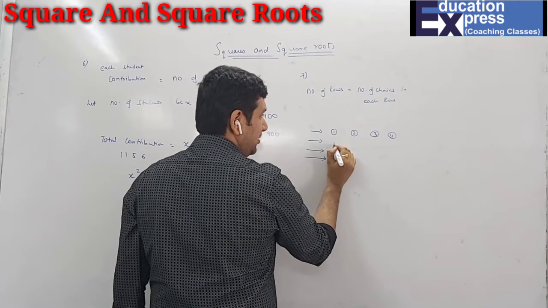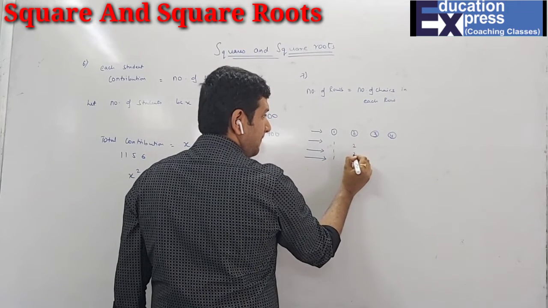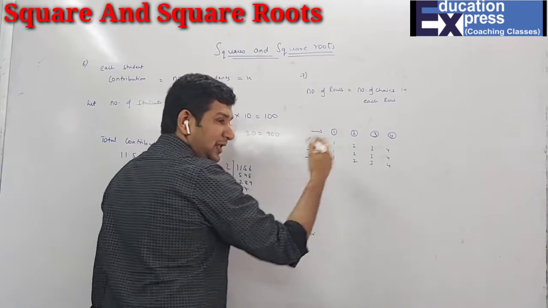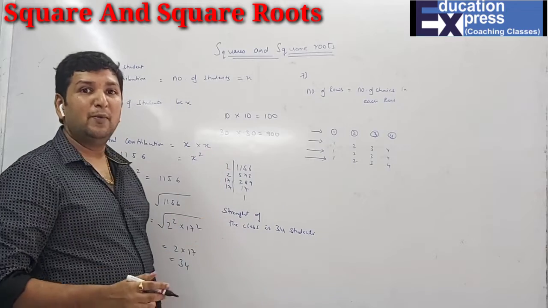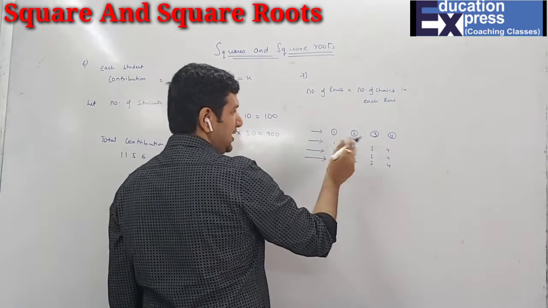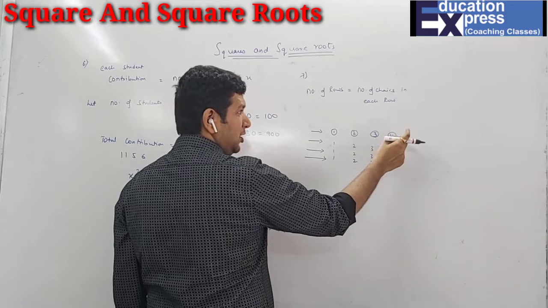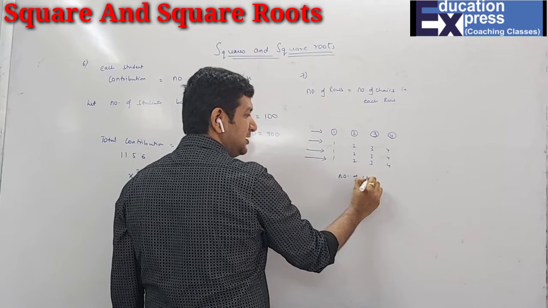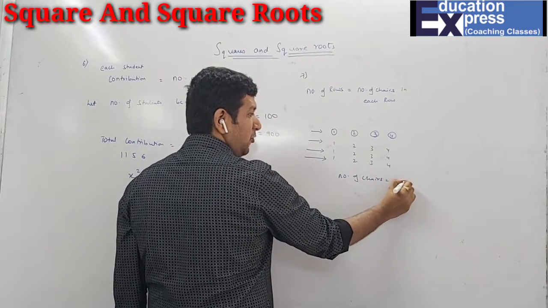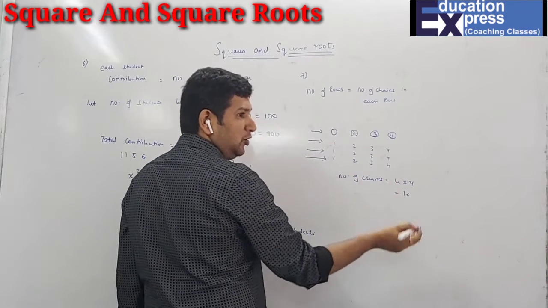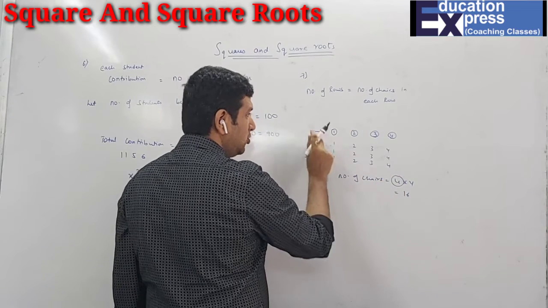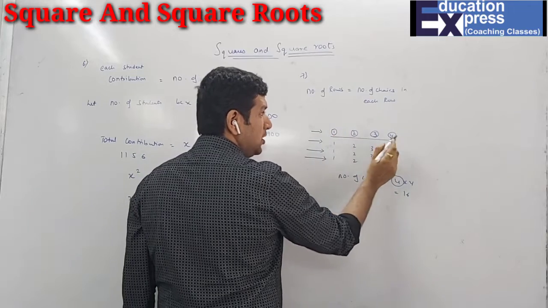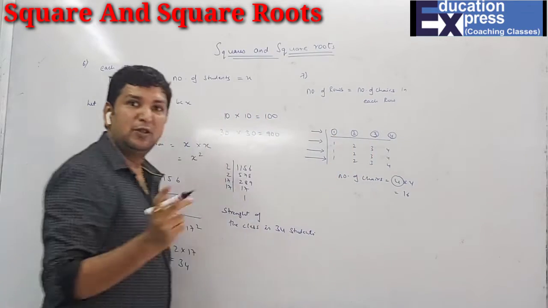So same way here also, 4 chairs in each row. So tell me now, in total how many chairs are there? So obviously, 1, 2, 3, 4, and here also 1, 2, 3, 4. That means 4 into 4. The total number of chairs in my case is 4 into 4, that is 16. What have you done? 4 means 4 rows, and into 4 means the chairs in each row. So 4 into 4, you get the answer.